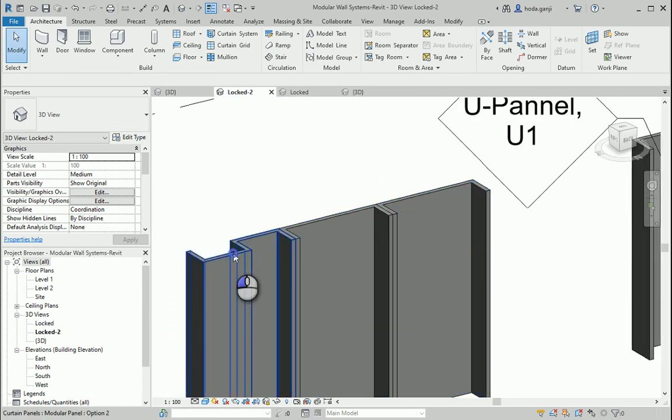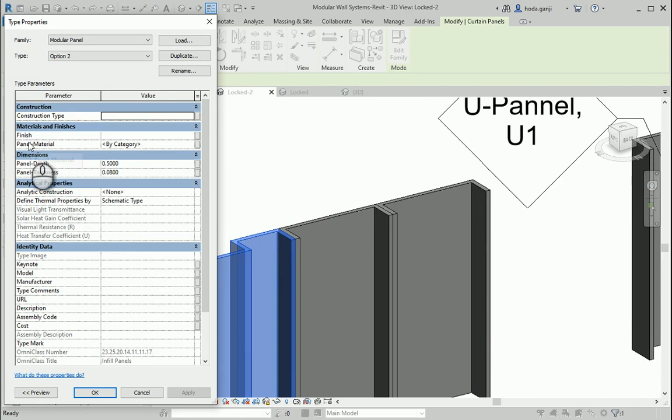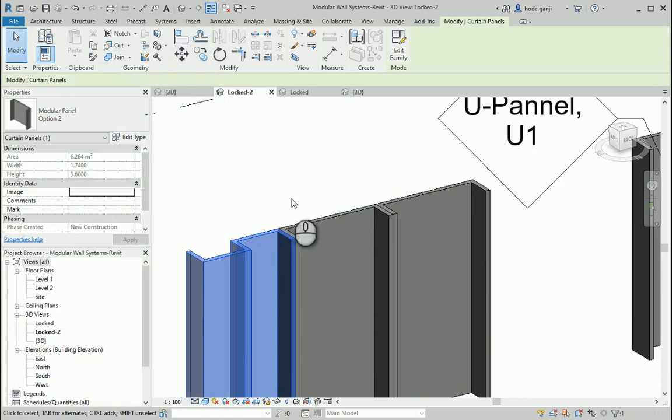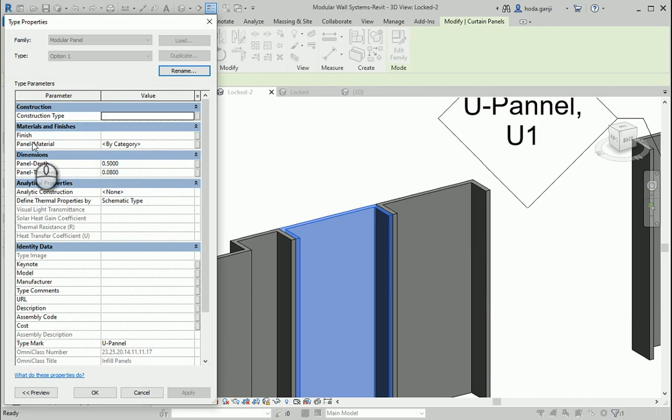Now if I hit tab here, go to edit type, we see that we do have the option to assign material, and let's try it for the other option, edit type. We have the option here too. So now how about I assign a material here, panel material. I want to click on these little three dots here,